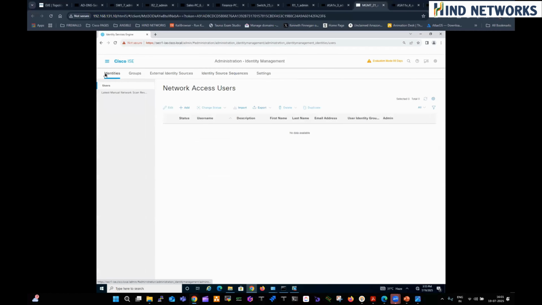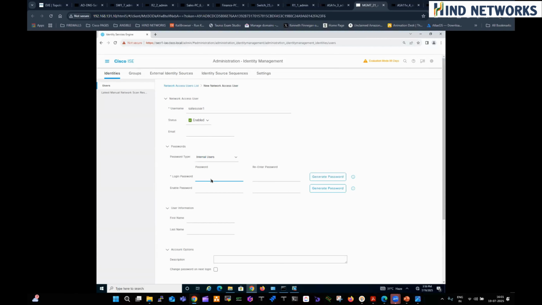We actually have to add some users. So the first one is in the users, go ahead and add a user. Go ahead and give the name. Okay, so the username will be sales user one, and for the password, of course, I'm going to use a password which is derived from Cisco. So let's go ahead with capital C, ISC0123. I'm going to re-enter the same password. So it's going to be capital C, ISC0123. Okay, so once this is done,